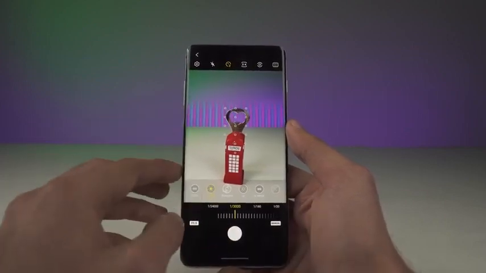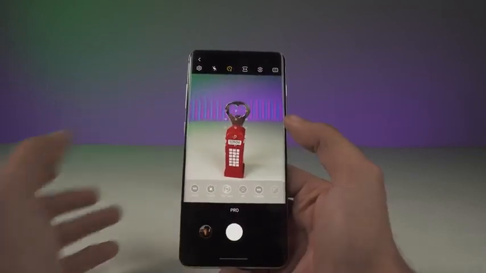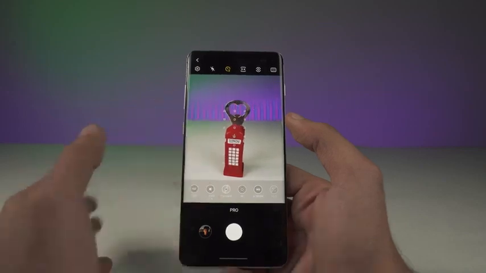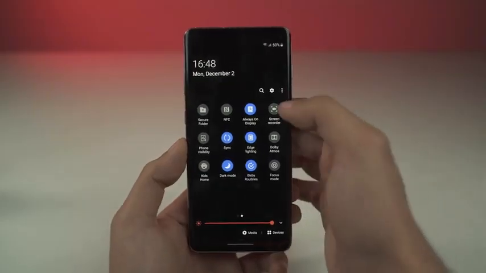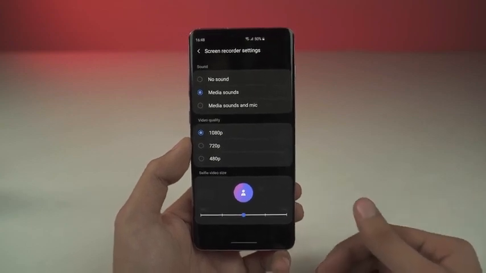I really wish that Samsung included all these features when they first launched the Galaxy S10 lineup. They make us wait so long for this, but yeah, I mean, these features are here and they're still well appreciated. Samsung has also added the new screen recorder that they first added on the Galaxy Note 10 family, so